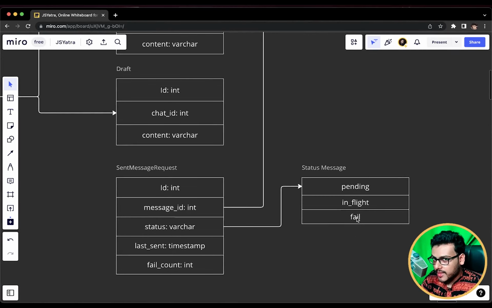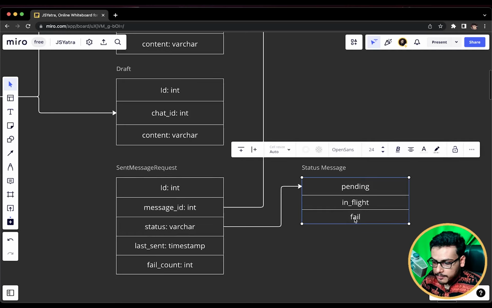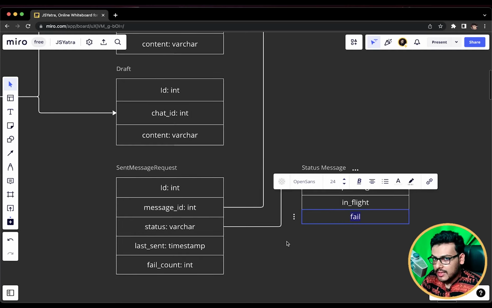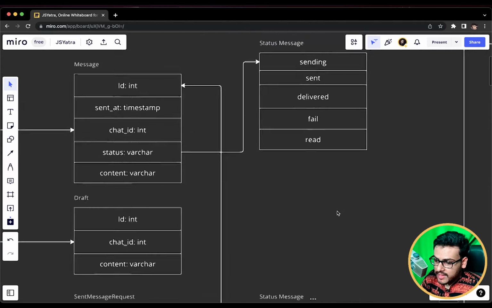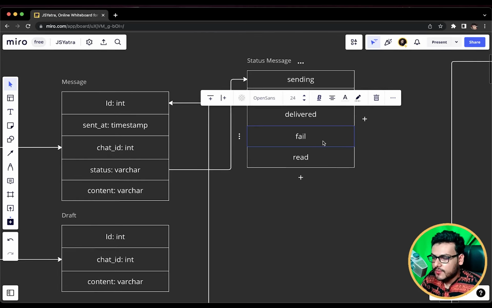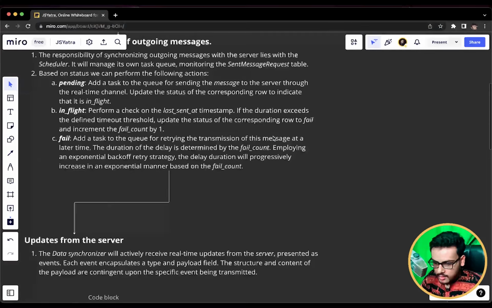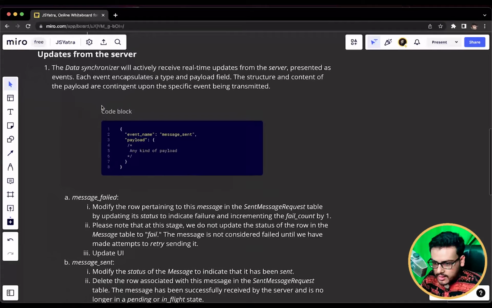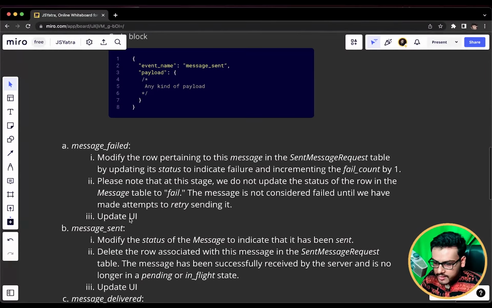No, we are going to update the state as fail here after the server sends us the message fail event. But we are not going to update the status as fail in the message table, because that is going to be reflected in the UI. We are going to update it as fail there after the retries are completed. Okay, this was about send message failed, and then we update the UI.